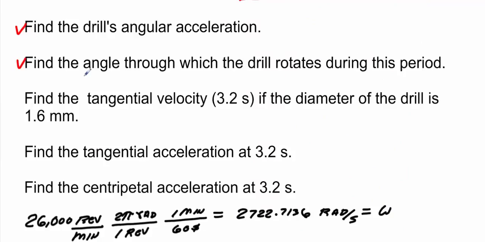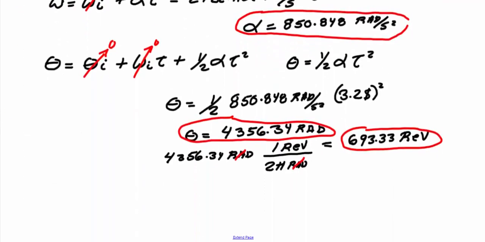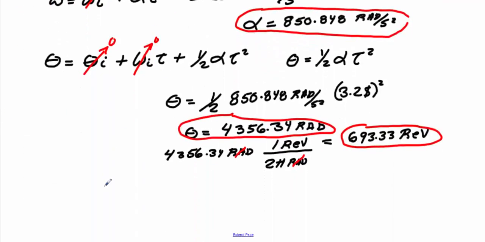Alright, that's the second one. Now we want to find the tangential velocity at 3.2 seconds. To do that, we know that our tangential velocity is going to equal our angular velocity at that point times our radius. So our tangential velocity